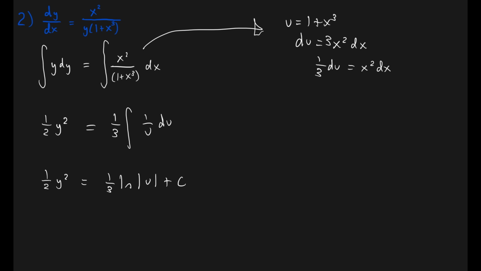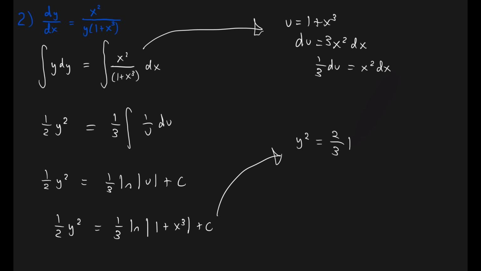Anyways, going back to the problem, now we can plug in what we know u is, which we set to 1 plus x cubed. So this whole thing becomes 1/2 y squared is equal to 1/3 times the natural log of the absolute value of 1 plus x cubed plus c. Awesome. So now we're going to simplify this a little further. Let's take it over here. And we're going to multiply both sides by 2. And we're going to get y squared is equal to 2/3 times the natural log of 1 plus x cubed